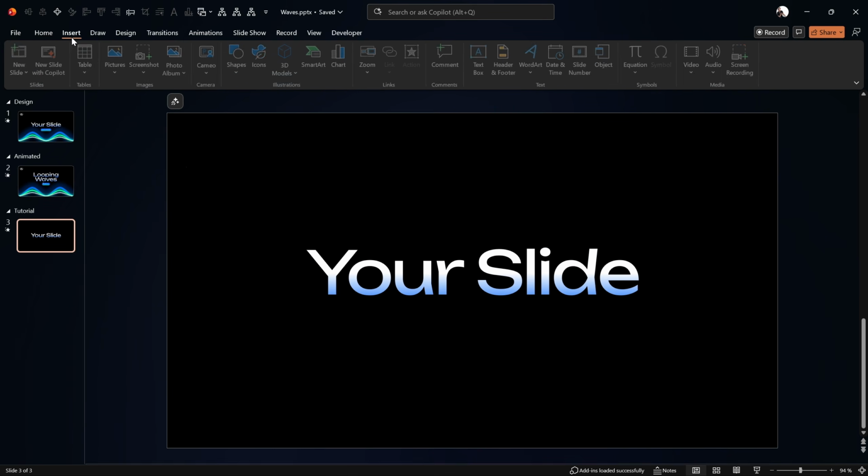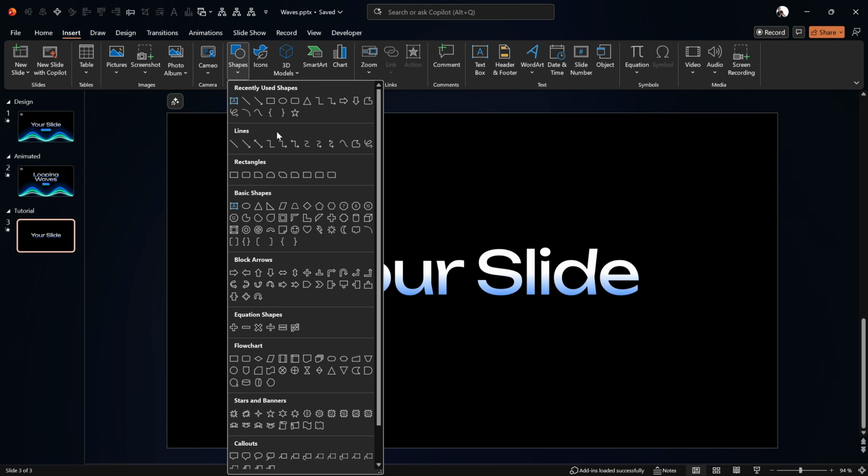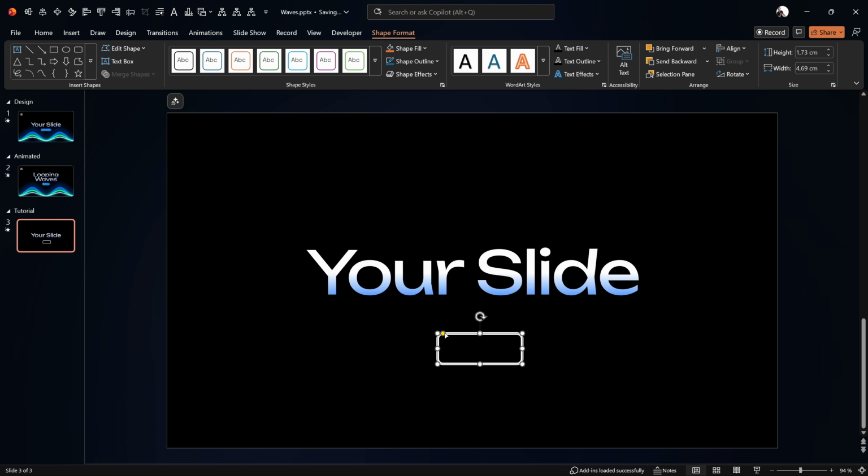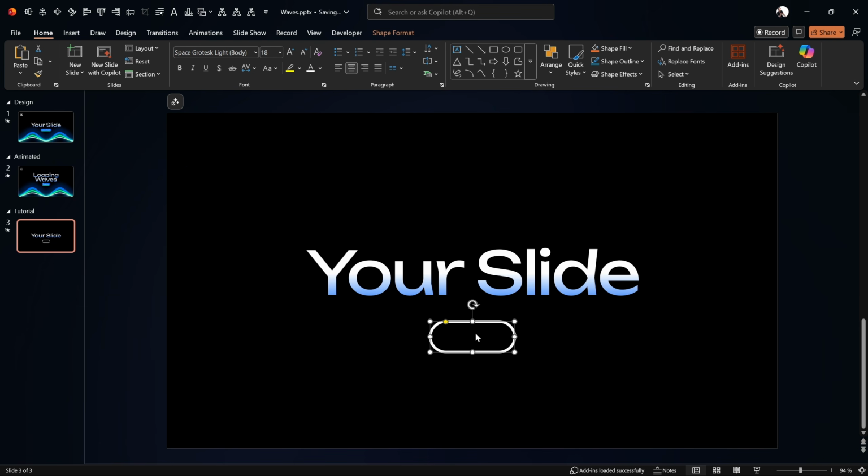Okay. So let's go to insert shapes. Let's choose this rounded rectangle. Let's grab that yellow handle. Let's make sure this button is fully rounded. Now let's double click inside. Well, actually first we can set the font to Unbounded. Font size 14, center aligned. That's nice. And let's just type in, for example, awesome